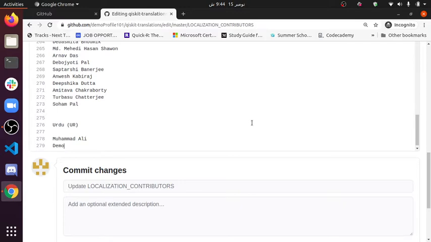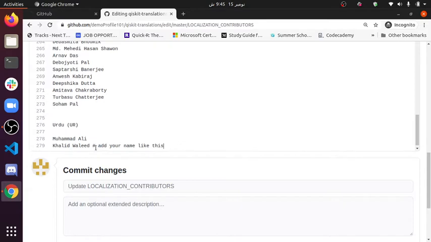Instead, as you can see, my name is written Muhammad Ali, my profile name is Ali Hussainiya, but my original name is Muhammad Ali. So please use your original name, which is on your ID card. For example, you can type a name Khalid Wali. I am using this name just for the demo purpose. So I have added the file and added a name. Here I'm just telling you to add your name like this.